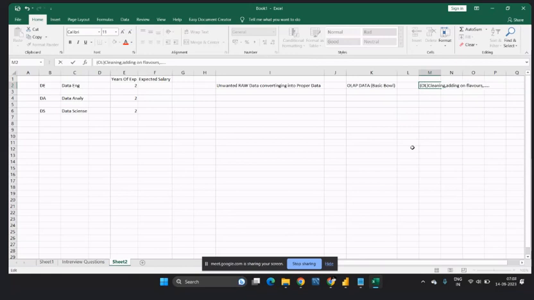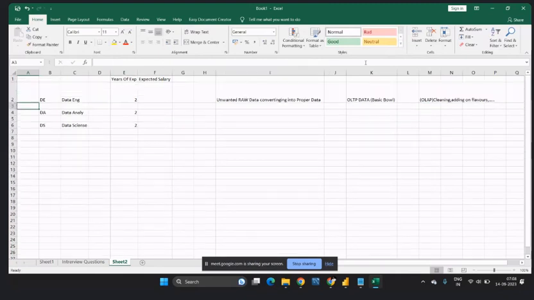OLTP, online transaction processing. Sorry guys, this is for online transactions. For the best example, you should always think about an ATM machine. It is an easy way for us to understand. ATM in the sense of whatever you are using on your debit card or credit card or net banking, right? At the time of using your transactions, it will automatically store the data. Those all belong to data, and it will come under OLTP, online transaction.